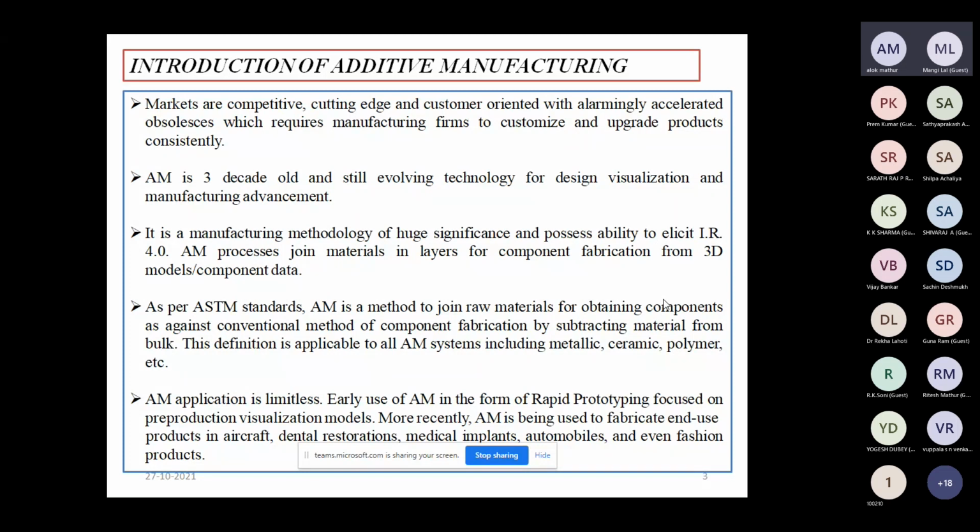So the customer needs an innovative product, and also in less time. These are the requirements for today's industries, so this technique, additive manufacturing, is a time saving technique, and it is also a custom made technique that we can use.